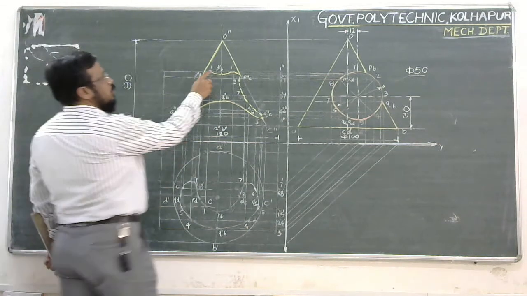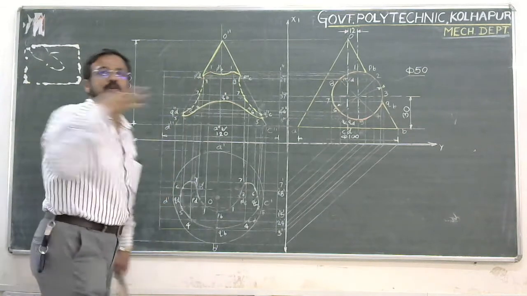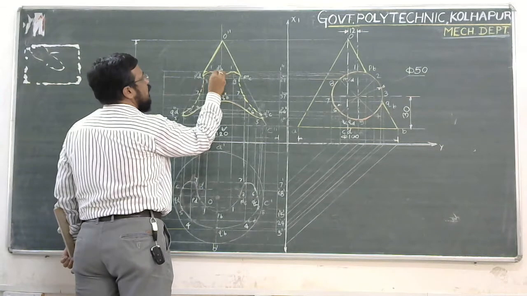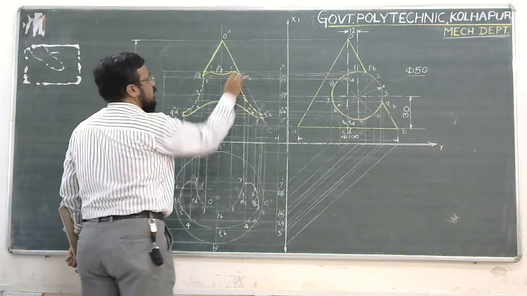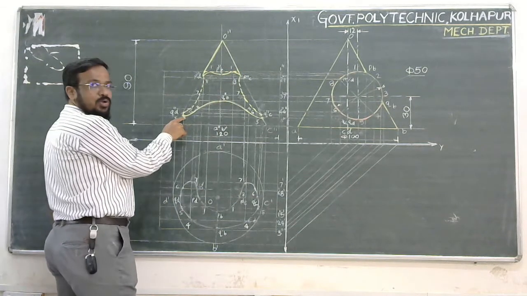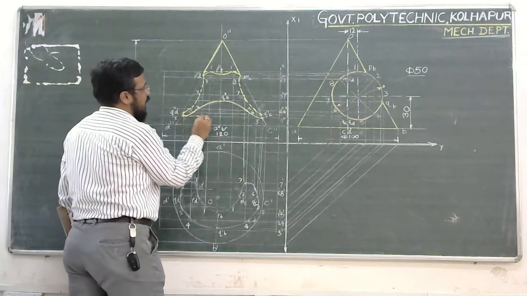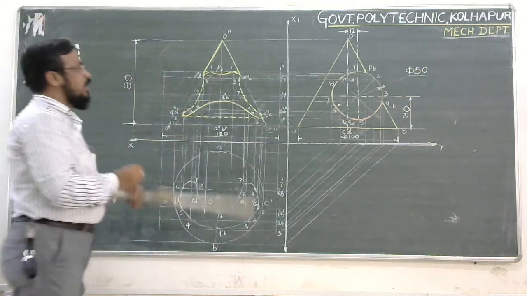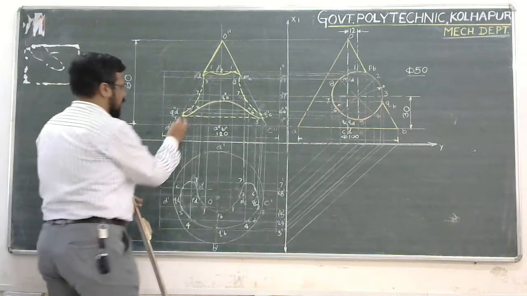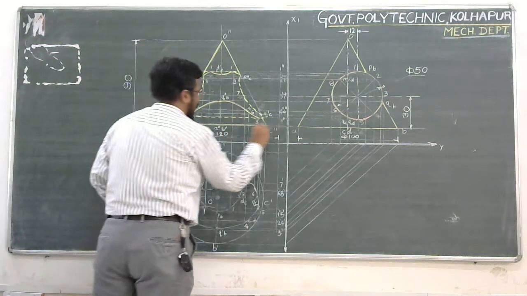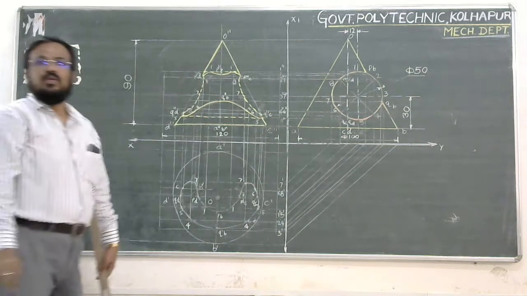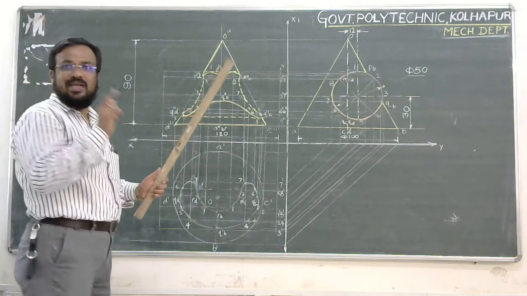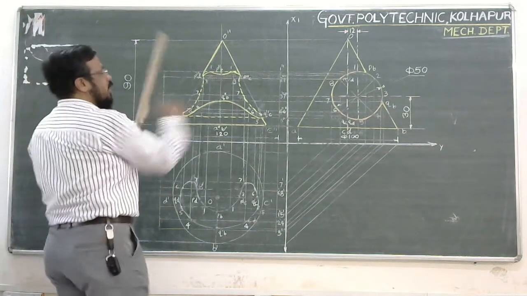Okay. Now, this portion between 1 to 1 dash, it is a penetrated portion, obviously not visible. So, this whole portion inside the cone, that is dotted. The same thing will happen to this bottom side from 5 to 5 dash. It is not visible because it is a penetrated portion, and the rest of the cone portion is visible. So, that is totally visible. Okay, this is the visibility of the intersecting points. Then the cone visibility also has been drawn.